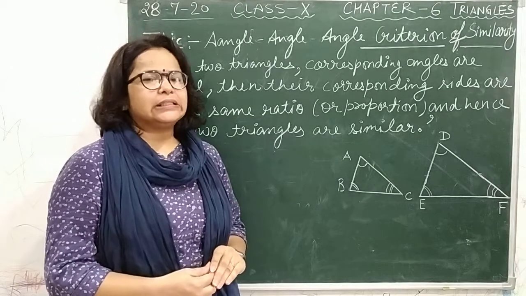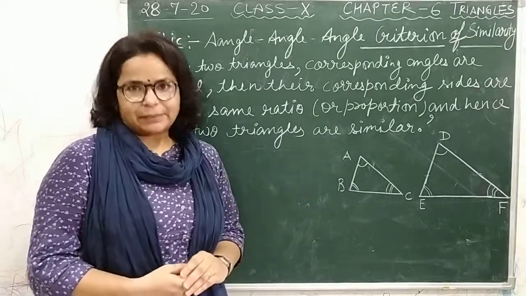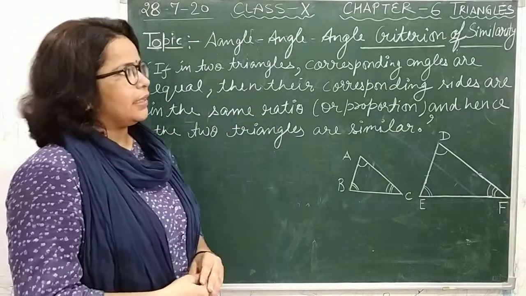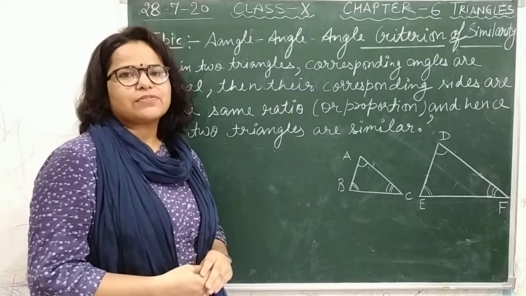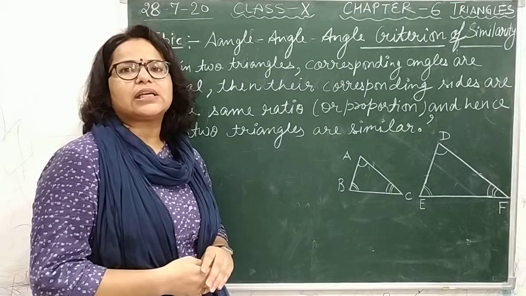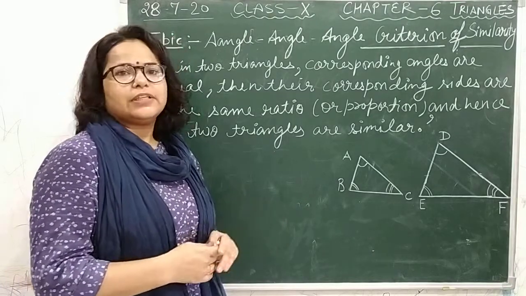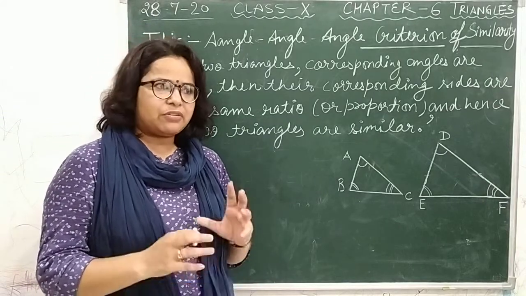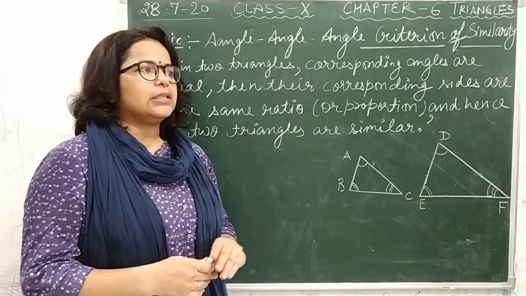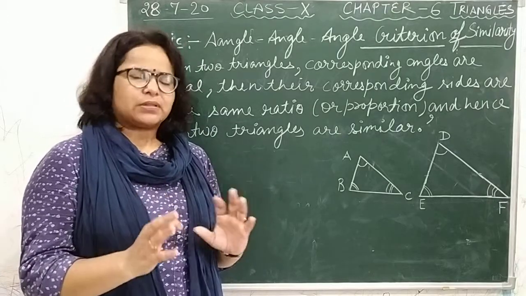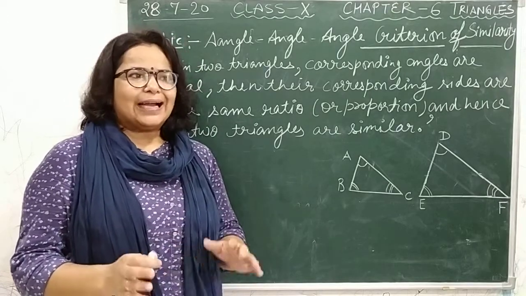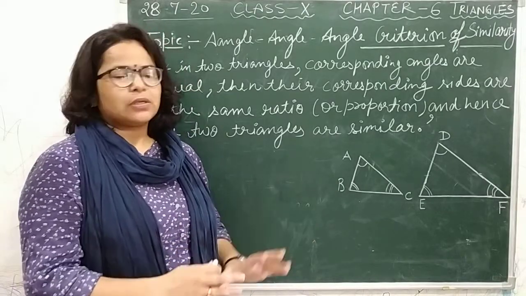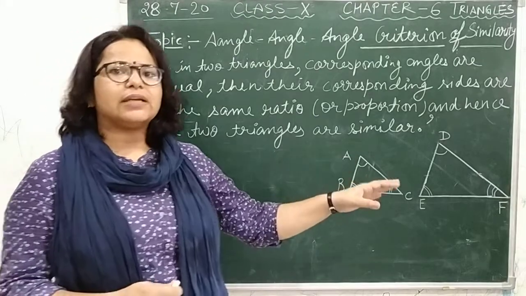Welcome class 10th. As you know, we are doing chapter number 6, triangles. We already know some criteria of similarity. Last time I introduced it in the class. Also we know the definition of similarity, that when we can say two things are similar, the very first thing is that they should have the same shape, the size can be different, and the ratios of the dimensions should remain constant in similar shapes. But if we talk about similar triangles, then what was the definition?